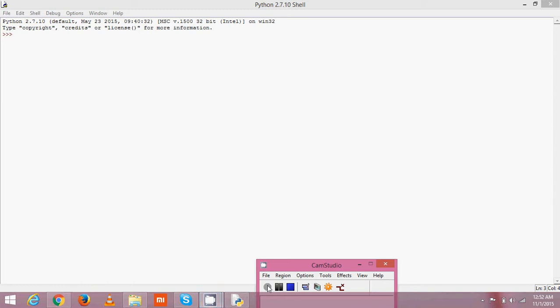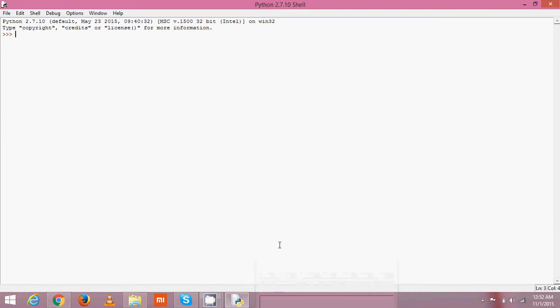In this lecture, we will be looking at how to do input or output in Python. Primarily, input means how do we receive data from the keyboard, and output means how do we print data on the screen. In this lesson, we will look at the simple usage of print function.